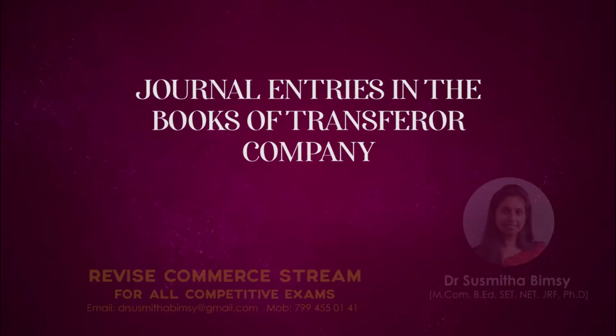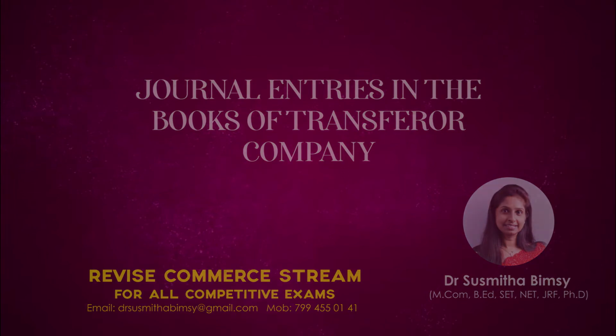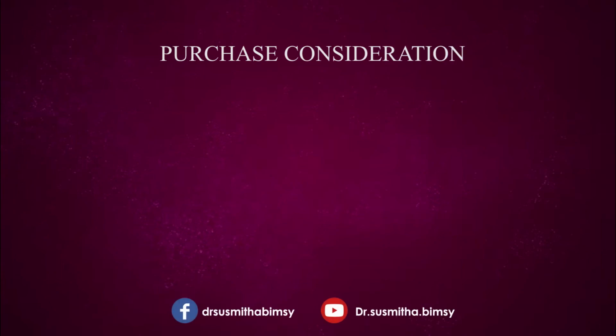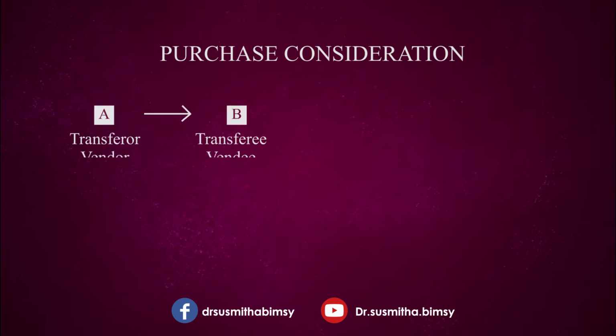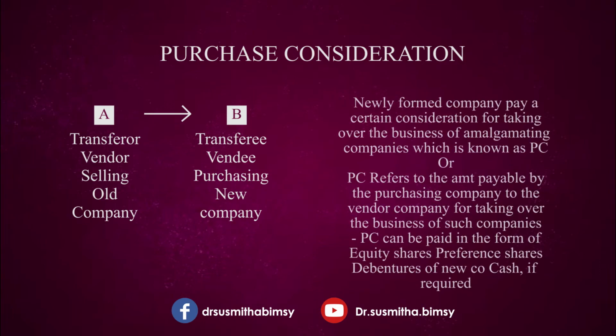In the previous video, we discussed terms like transferor company and transferee company, right? I have put the chart over here, and by looking at the chart you can clearly understand that A Limited is getting absorbed by B Limited. Here, who is the transfer company? A Limited is the transfer company. Transfer company means selling company, right? And A Limited is going to be liquidated or dissolved. In other words, closed. A Limited is going to close, or A Limited is getting amalgamated into B Limited.